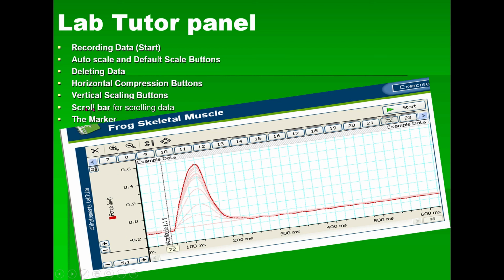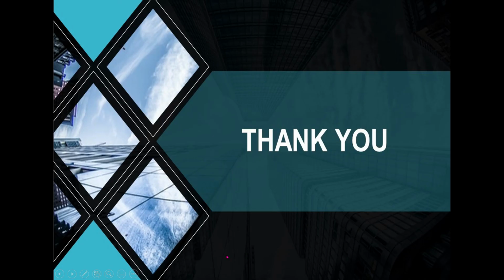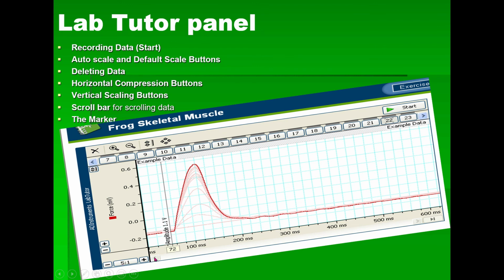And then we have a scroll bar for scrolling data. For example, if this graph is very large and you want to move further, this is the scroll bar. You can move to the right side and you can move to the left side. This is called scrolling or manipulation of the data. You can go to page 11, page 12. Sometimes you can scroll to the right side, left side. This is manipulation of the data.